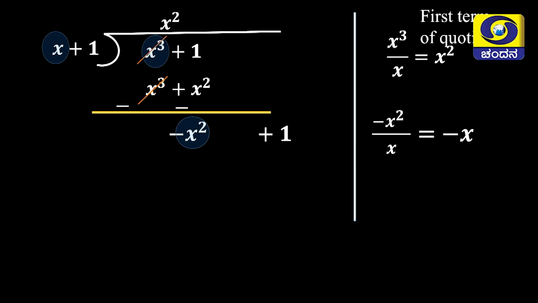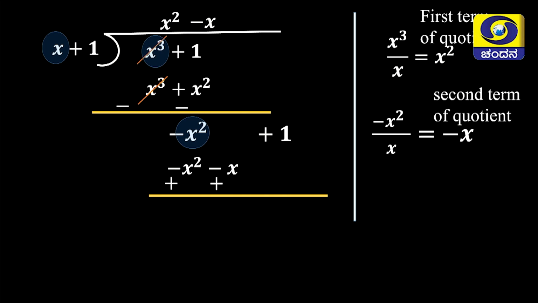This minus x will be written like this. So if you multiply minus x by x plus 1, you will get minus x into x is equal to minus x square, minus into plus is equal to minus, minus x into 1 is equal to minus x. Now we are changing the sign, plus becomes minus, minus becomes plus. Here minus x square plus x square cancel each other. So the answer x plus 1 is the remainder now.